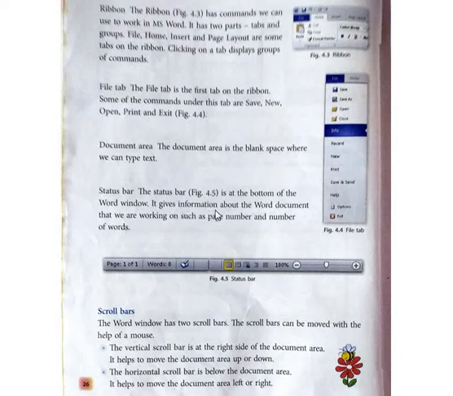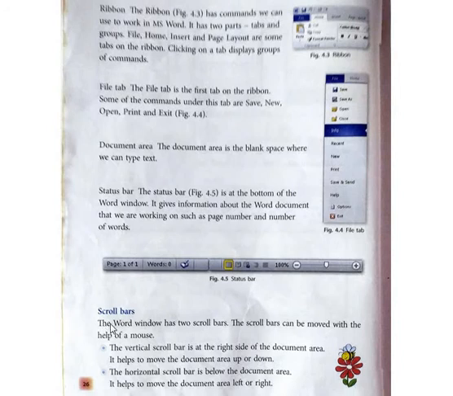It gives information about the Word document that we are working on, such as page number and number of words. At the top you can see the title bar and at the bottom you can see the status bar. In the status bar we can see page number and number of words. You can also zoom in or zoom out by using this.